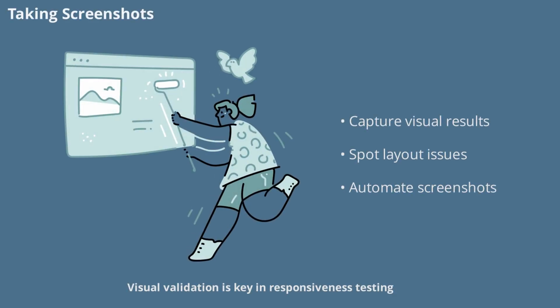Visual validation is key in responsiveness testing. Selenium's getScreenshot as file method lets you capture screenshots at each viewport size. By comparing these images, you can quickly spot visual differences or layout issues that might affect the user experience on